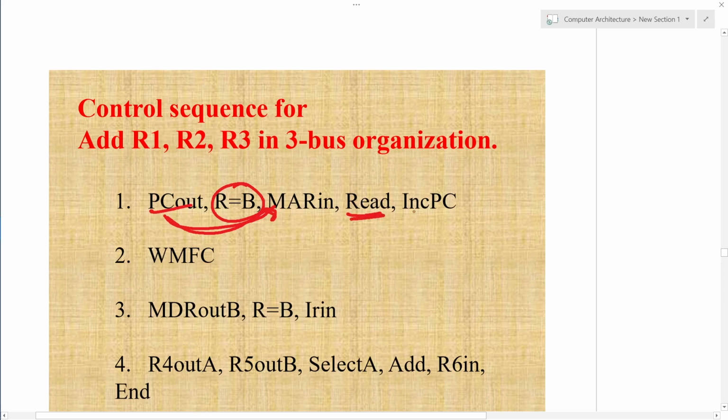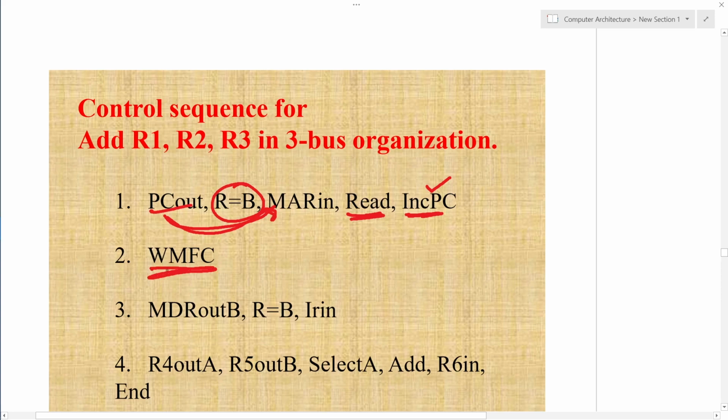And once it delivers the content to MAR, the incrementer associated with the program counter can increment the content of the PC. So now PC is updated to the next value. This is done in the same clock cycle. Then, as you are reading from the memory, you may have some waiting time.